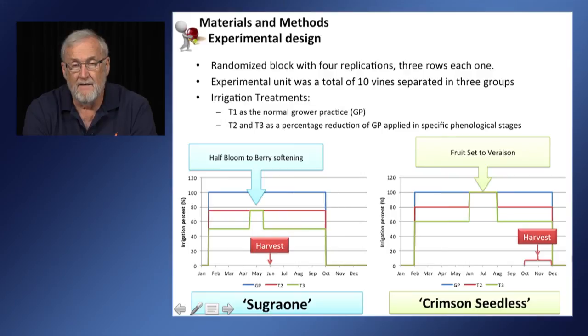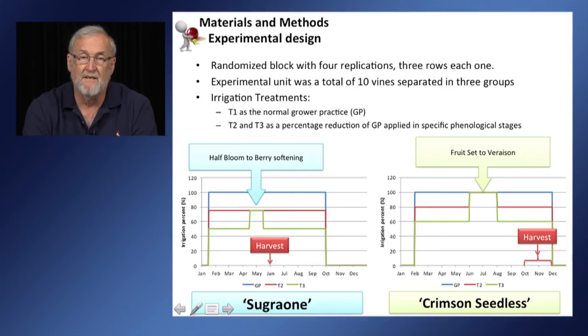And another critical aspect on this slide is look at the harvest dates. Now the Sugar 1 is an early season crop, so it's harvested in June, which means that you have the entire summer to maintain the crop, and this is an ideal time to reduce the total applied water. So you have a strategy that you can deficit irrigate and still get a good crop out of it.